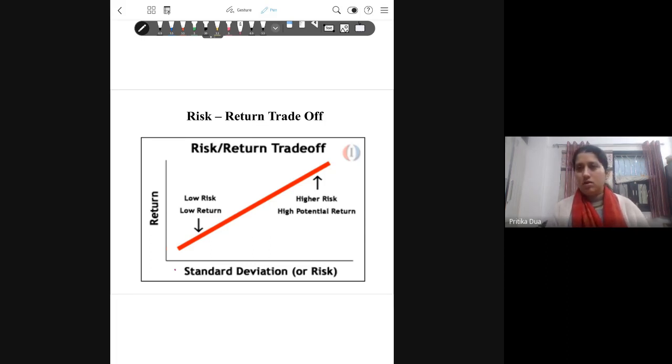I think you were correct. The standard deviation is telling you about the dispersion around a mean value. So, how much fluctuation is around the mean value, that is measured through standard deviation, and the risk involved in the investment is also measured through the standard deviation. If anyone wants to add anything to this, because I think all of us have done standard deviation, yes. How widely the data is distributed. So yes, this is a measure of dispersion.